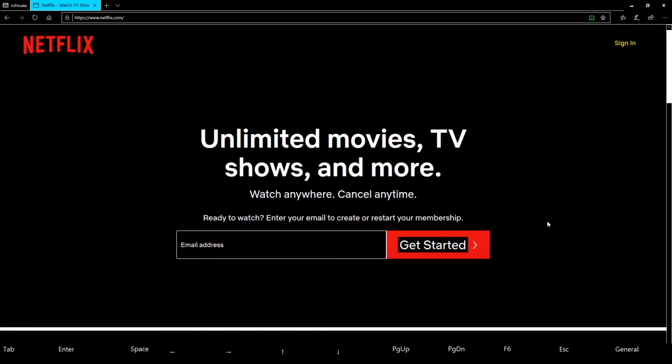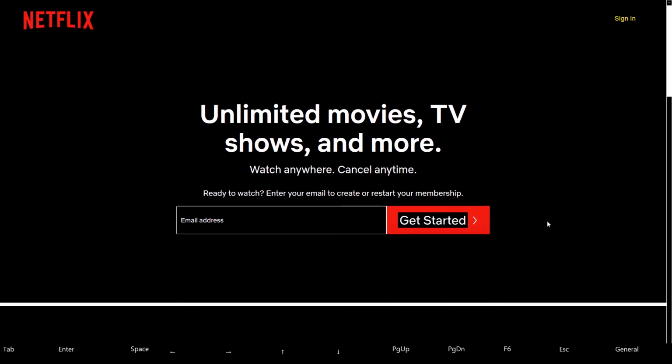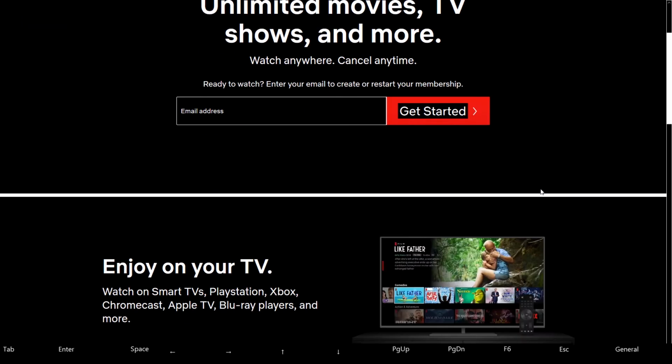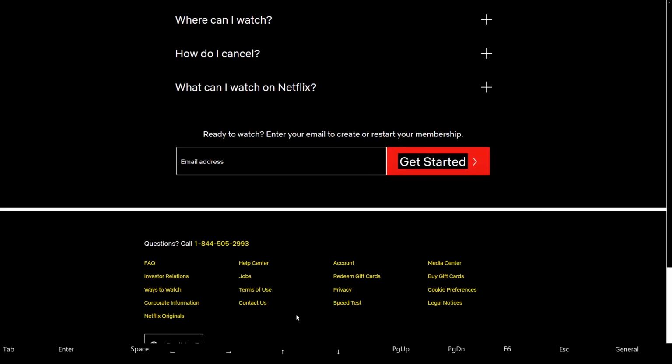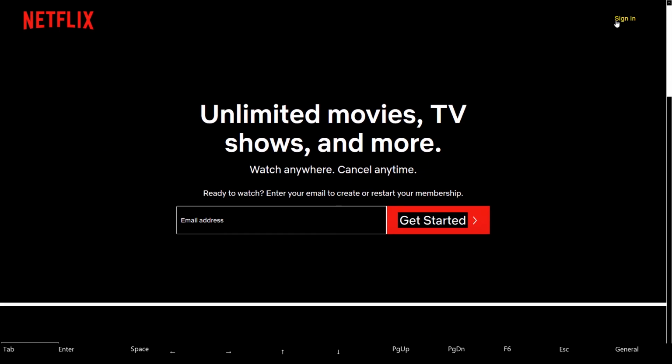Okay, so I have turned on high contrast mode, Windows high contrast mode, and I thought it would be fun if we test Netflix for high contrast mode. It looks good. This is still the home page. Yeah, so the links look like links. See how easier it is to spot the links when they have sufficient differentiator from the other text. You can clearly see this is the text and these are the links. Okay, looks good. Now let me go with the keyboard and press the sign in.